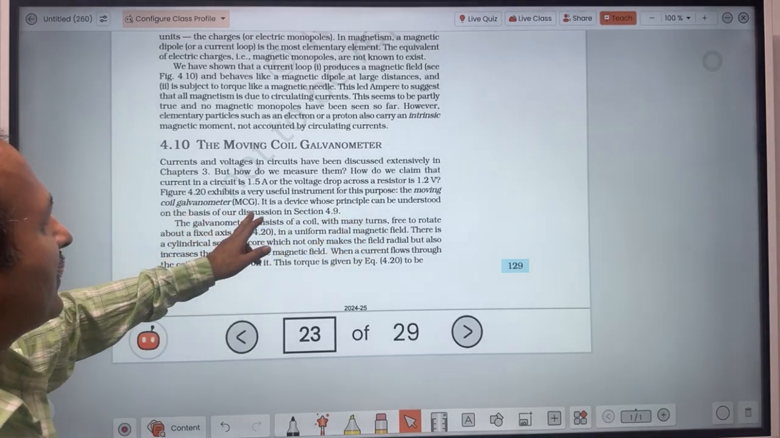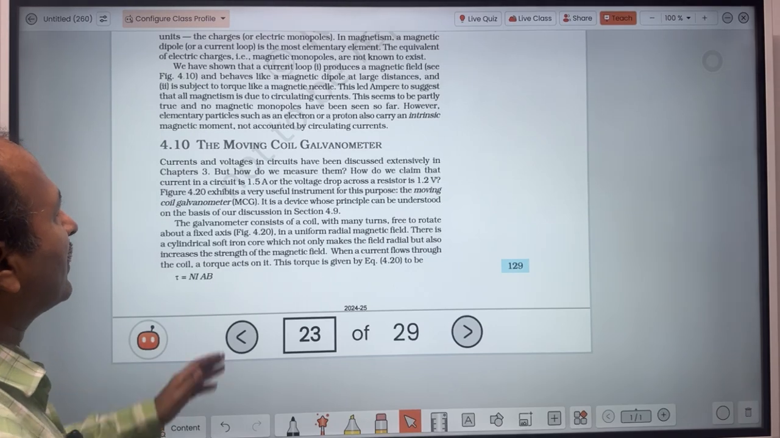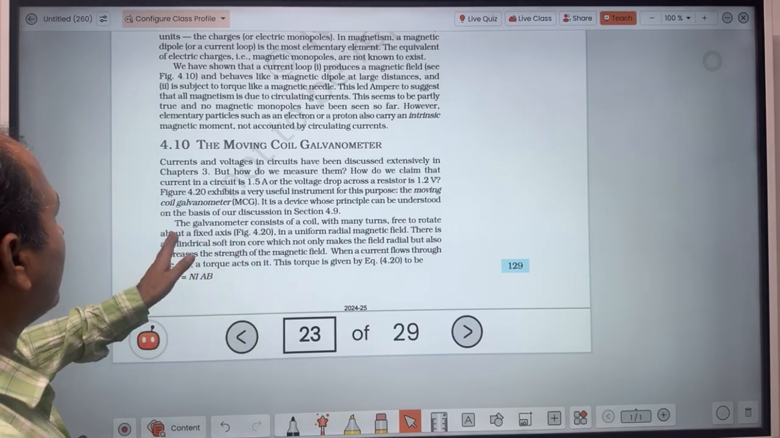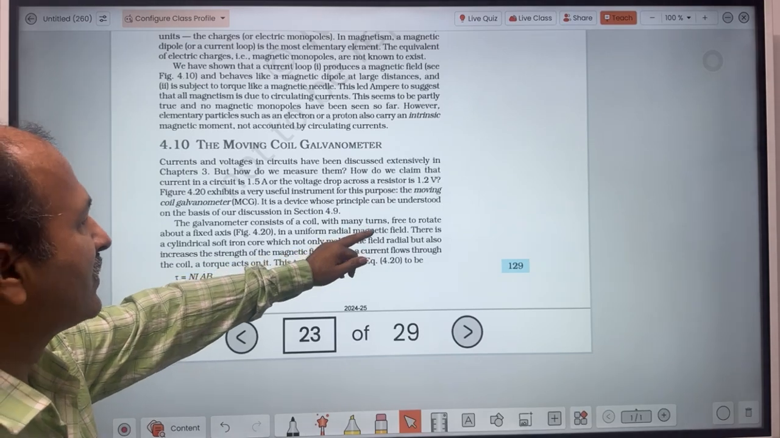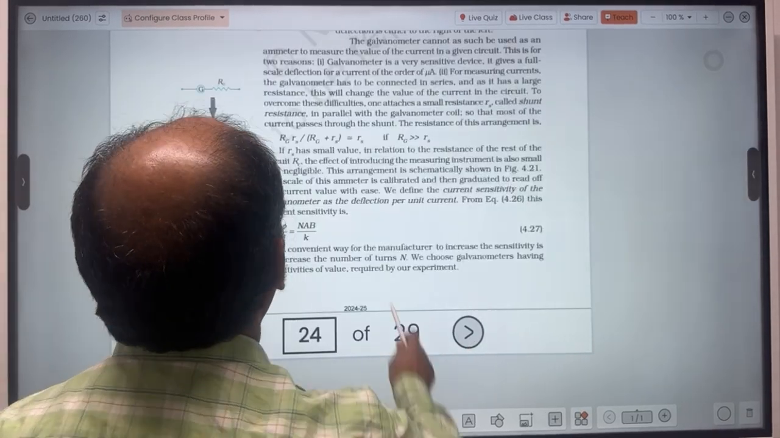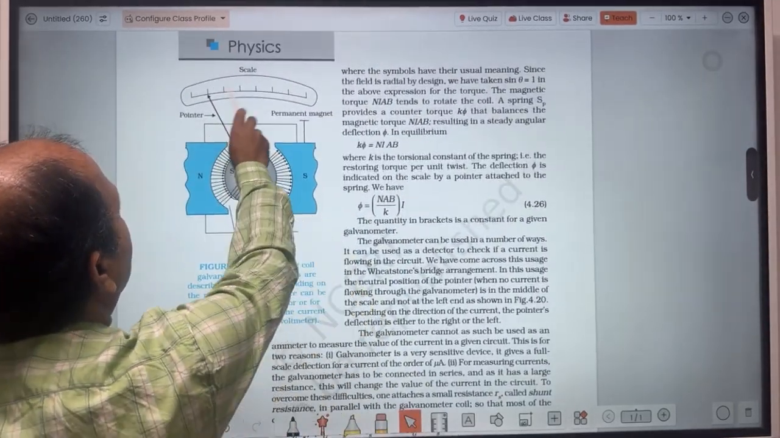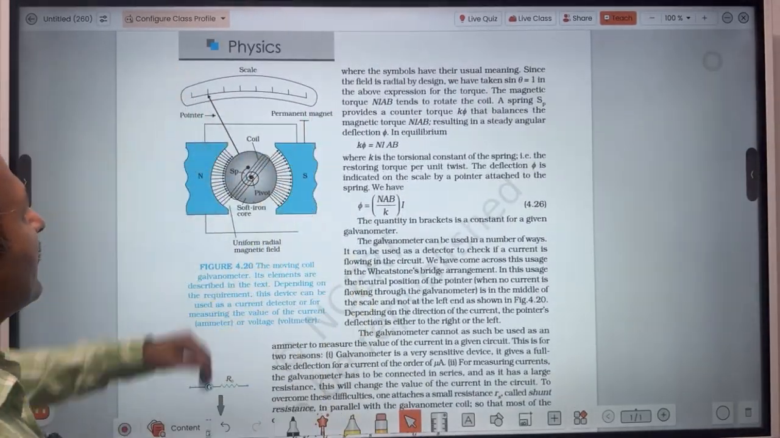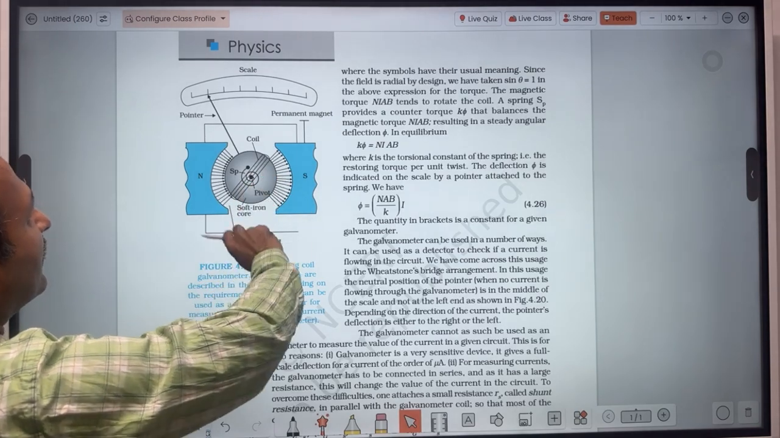The moving coil galvanometer is a device whose principle can be understood on the basis of our discussion. So let's see what discussion is given. The galvanometer consists of a coil with many turns free to rotate about a fixed axis. So let's see the diagram first. This is the galvanometer, right? Here there is a scale, this is the pointer, here there is the coil, here the pivot, this is the spring,